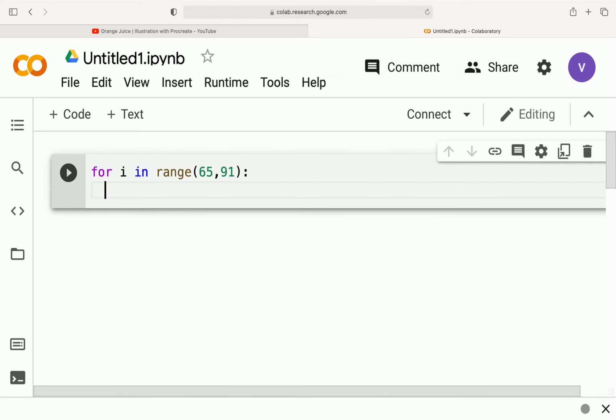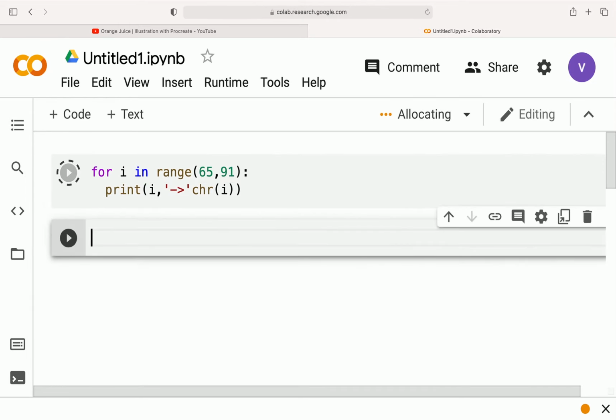So what I will do is print I, and also do a representation of what it is converted to, and I will use CHR to convert the decimal value into the ASCII character value, and I will use I here, and let's see if it works.